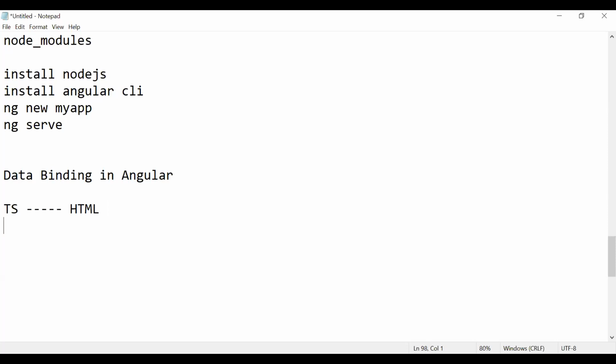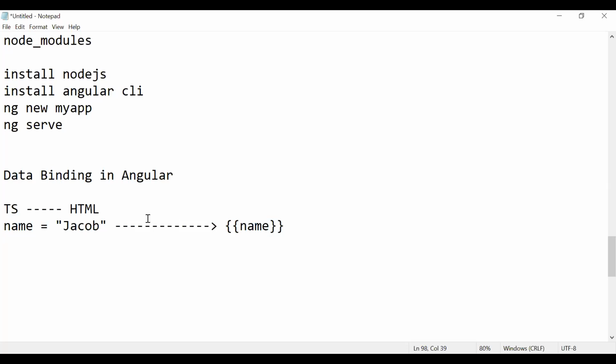Let's say there's a data called name in the TS file, and name is equal to Jacob. When you want to display that data in HTML, you display it using this syntax. You just pass this name variable, which you declared in the TypeScript file, inside two curly braces